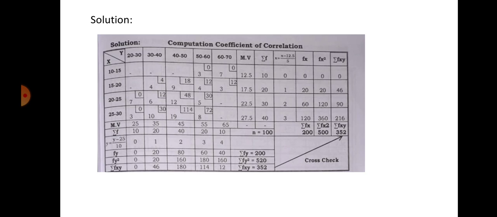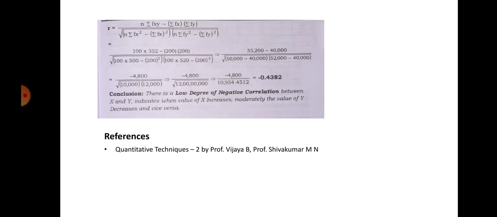The column sigma Fxy sum must be equal to the row sigma Fxy sum, which is a cross check, which is 352. Now write the formula. Which one is the formula? Which we have written in our earlier columns. N sigma fxy minus sigma fx into sigma fy, divided by square root of n sigma fx square minus sigma fx whole square, divided by n sigma fy square minus sigma fy whole square. This formula has to be learned by heart. Write it again and again, and you will be able to write it, because the question carries 2 marks for this problem.